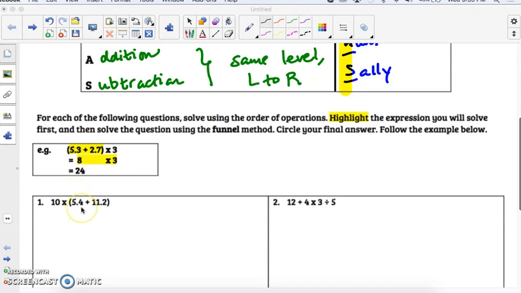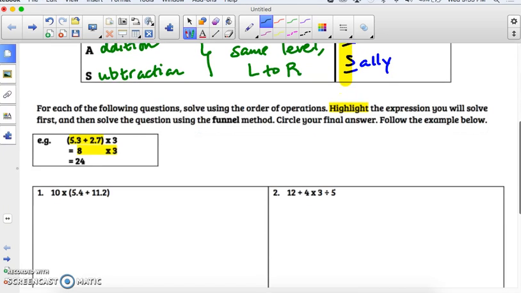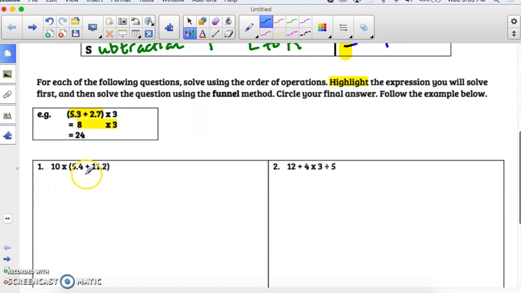But if we look at question number 1 here, you have 10 times 5 and 4/10 plus 11 and 2/10 in brackets. Now, I know I said to use a highlighter to highlight the expression you will solve first. What I'm going to do is constantly underline, and that's a method that you could use as well. Because we're always going to apply